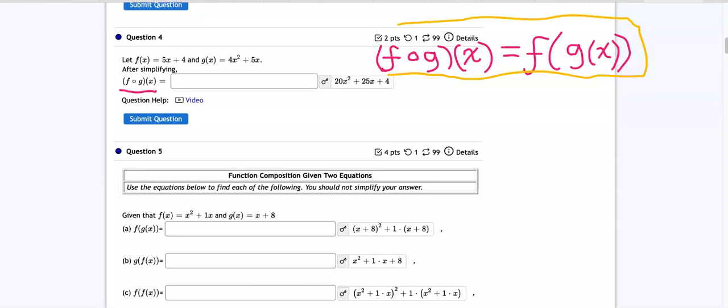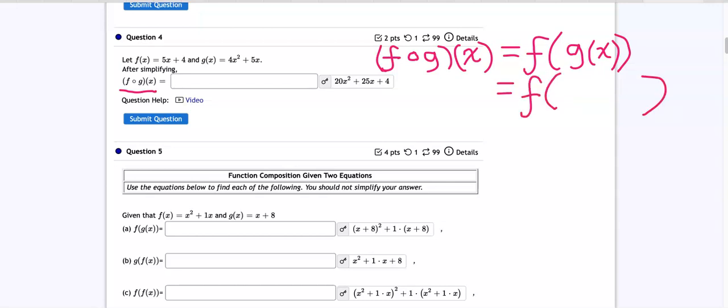This is actually just a general thing for you to know, that these notations here are actually meaning the exact same thing. So we're going to take the f of x function, and we're now going to copy just like we did before. But this time, instead of replacing g of x with a number, we're not evaluating at any specific point. So we're going to take g of x and copy the entirety of g of x as it is. So that would be the 4x